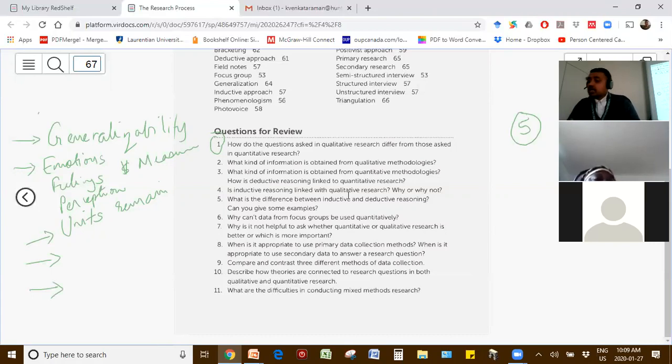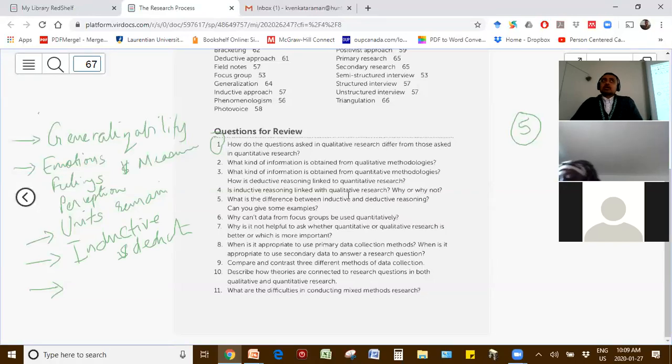Marianne says inductive versus deductive reasoning in order to answer the questions. I guess that would mean how you ask the question, one versus the other: one would be exploratory, while the other is looking for a hypothesis or a specific answer.